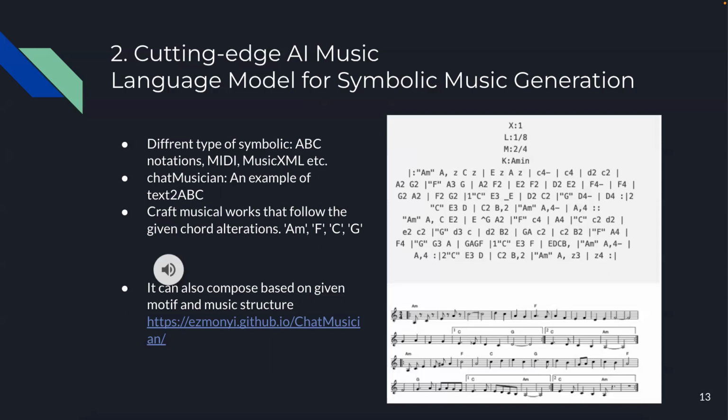For example, the chord input with some kind of score, or the motif input with some requirement on the music structure, for example ABA or ABA prime A structure for a pop song or something like that. And here is an example of the